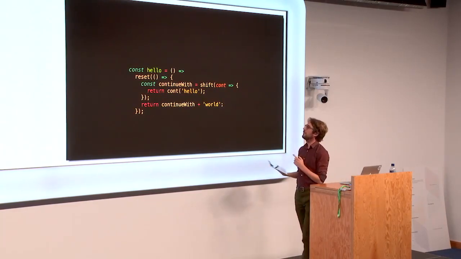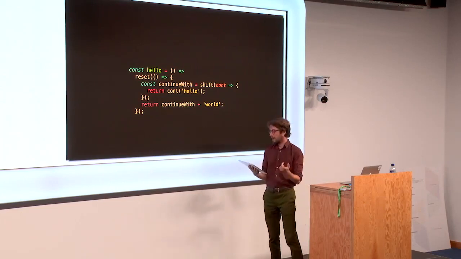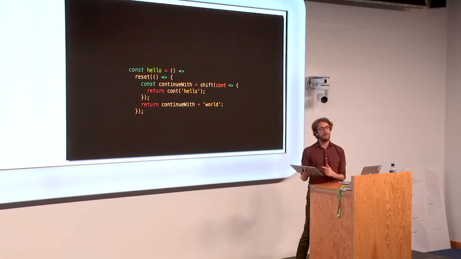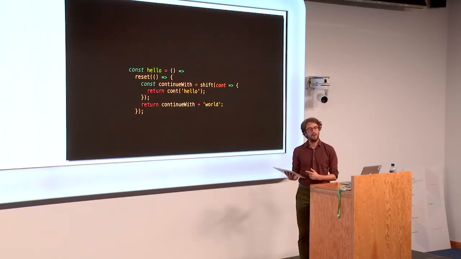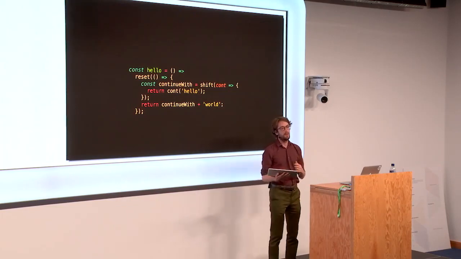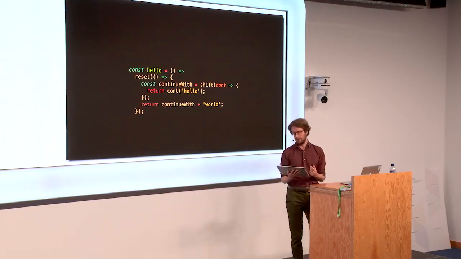And they work like this. Reset marks a delimitation. So after calling reset, at any point then, you can save a continuation. And that continuation will save the sequence of computation back to the point at which you called reset.